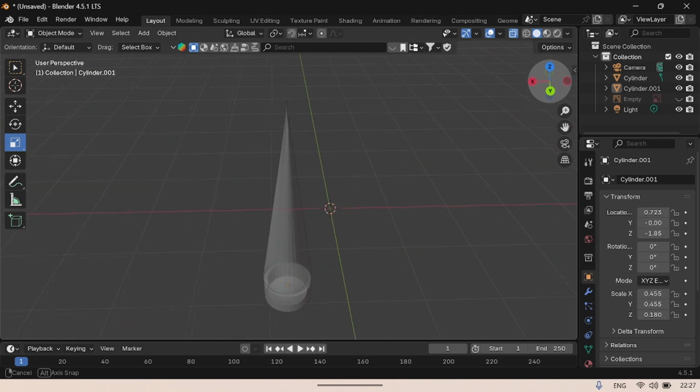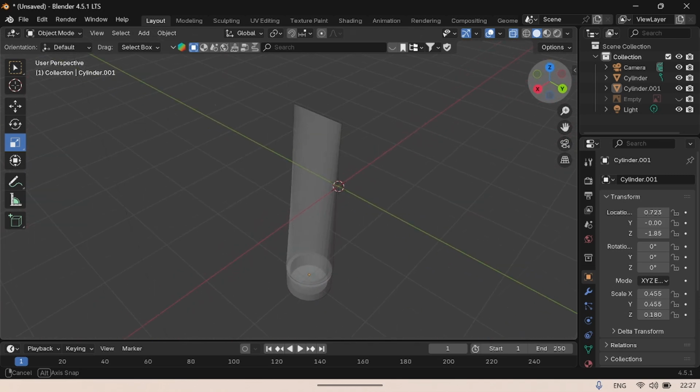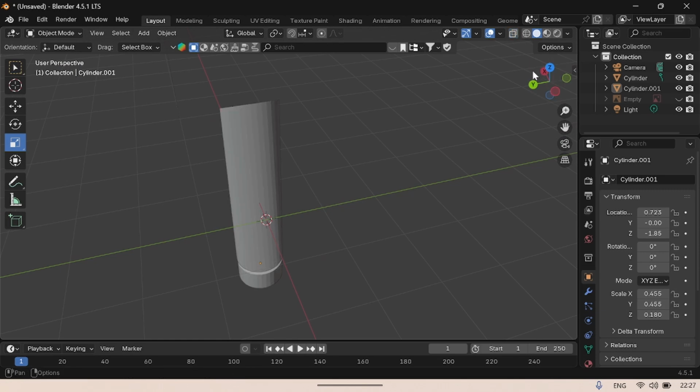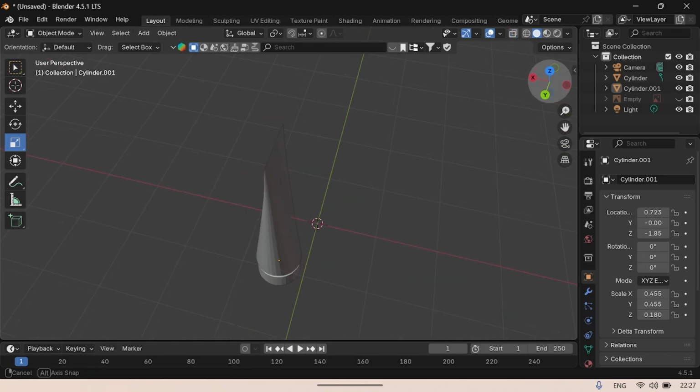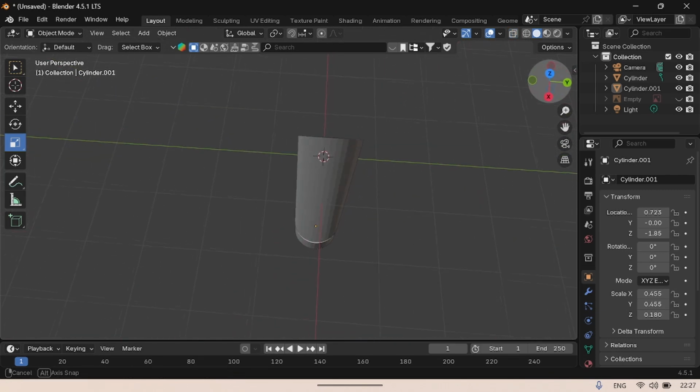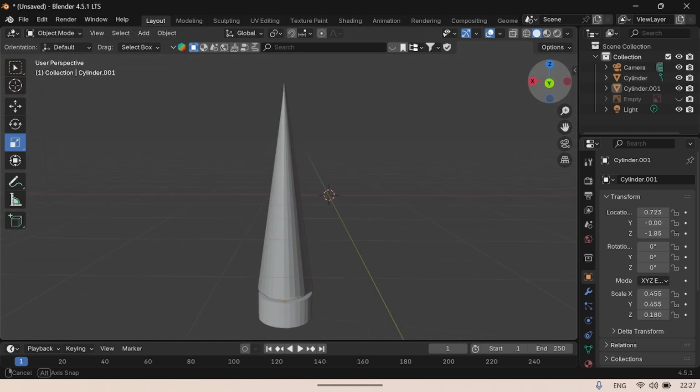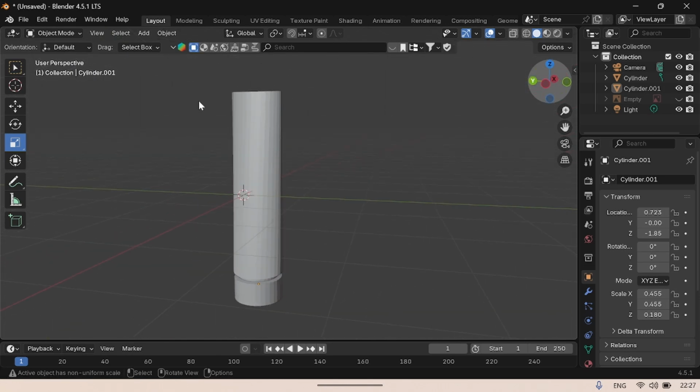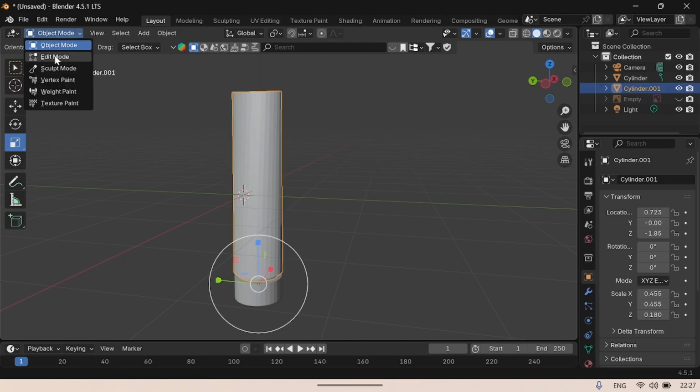So yeah, so that's how it looks. That's how it looks. Okay, you can even make it like, go to edit mode,